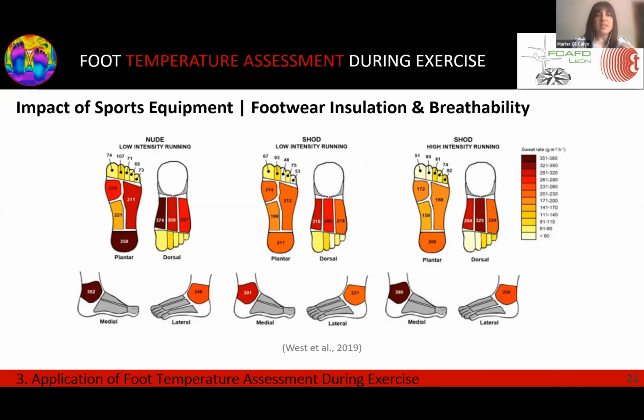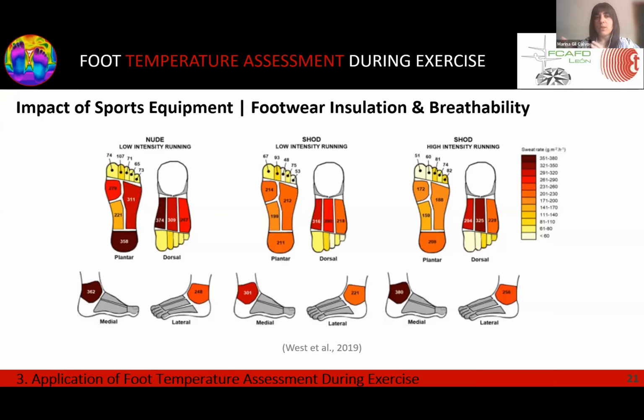Interestingly, the areas perceived as having the greatest discomfort and humidity did not always correspond to the areas with the highest sweating rate. For instance, although the heel or the dorsal part of the foot were the ones with the more elevated sweat production, runners tended to perceive the toes and the heel as the most humid areas. So the authors suggest that footwear and sock design should focus not only on thermal properties, but also on the tactile interaction between these components and the foot.